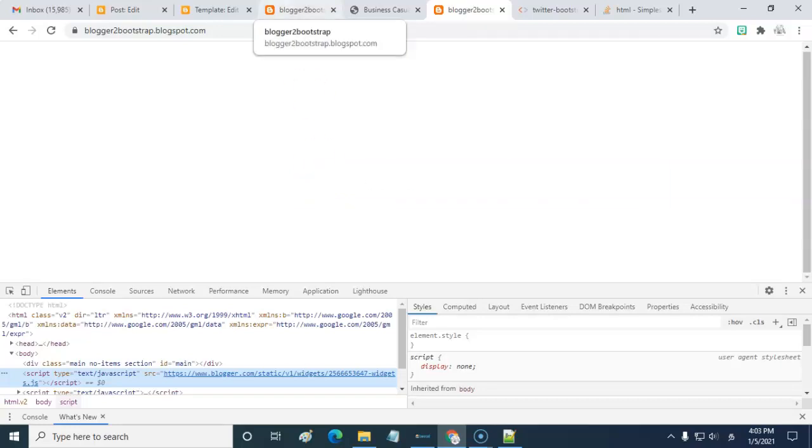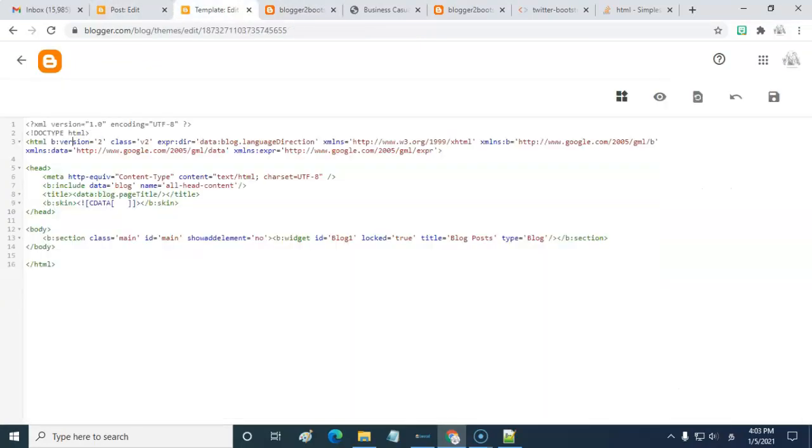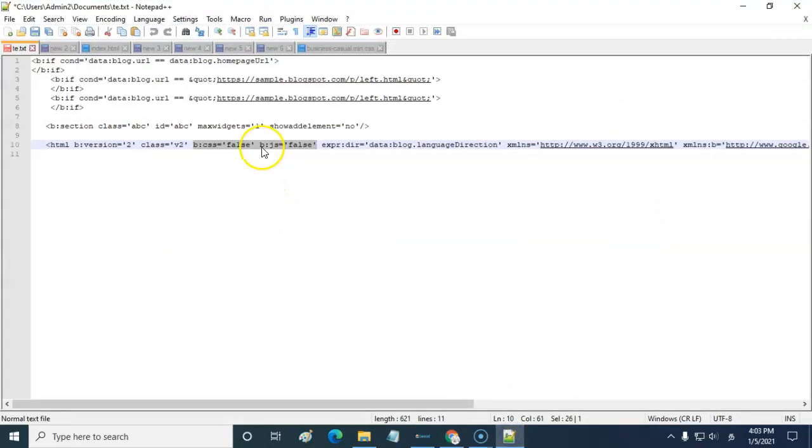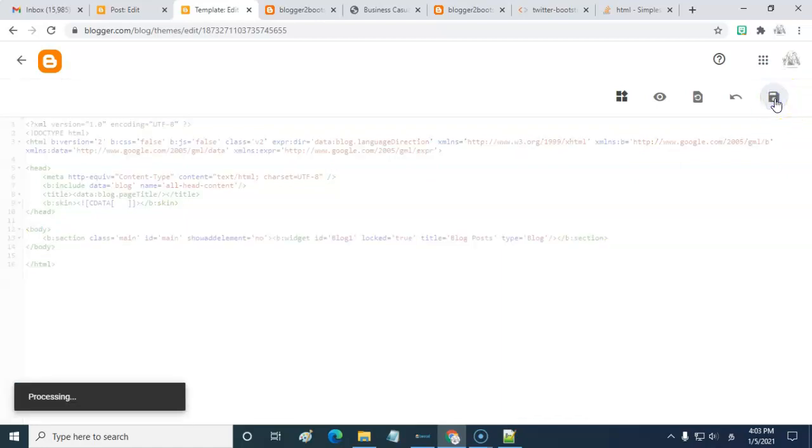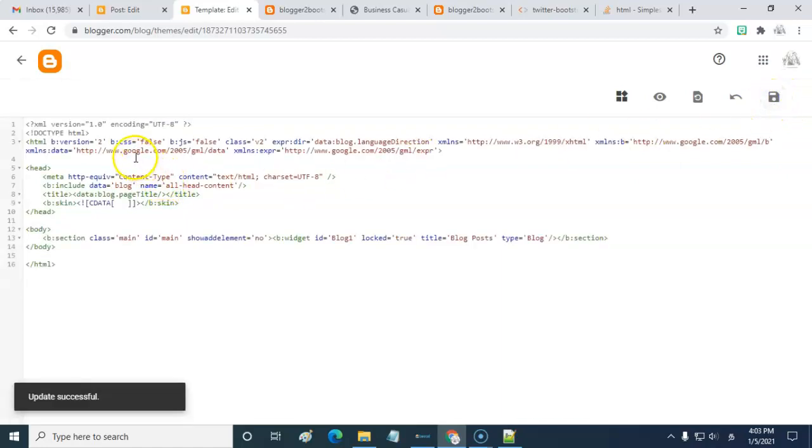So to avoid this, we have to add some lines here. When we add this code, the default Blogger JavaScript will not interfere with the Bootstrap navigation bar or other CSS files.